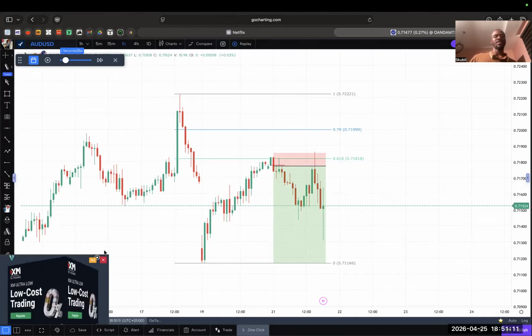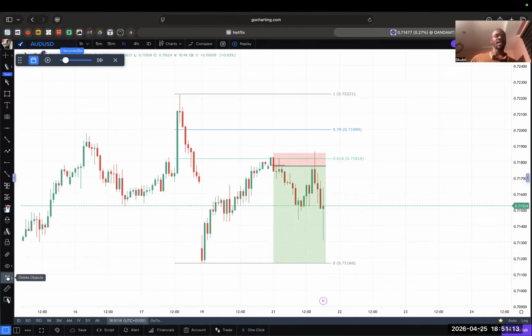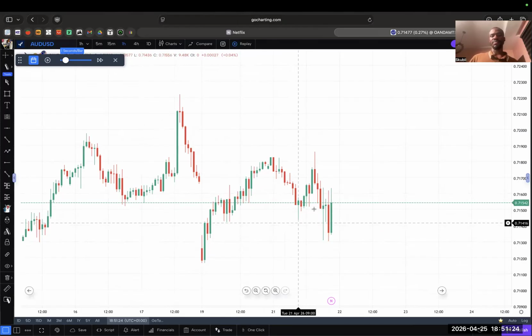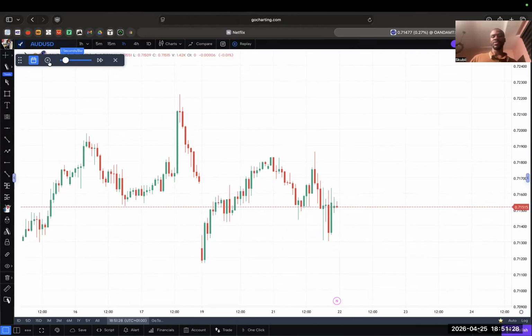Now, this was like the first setup we saw on AUDUSD. Let me show you guys the second one. So the second setup was after price pushed to the downside here and then created a low. And then price went back up to tap this level up here. Now, this was the setup I gave. I think this was the setup I gave you guys, and then I told you guys that I was not feeling the setup and all.